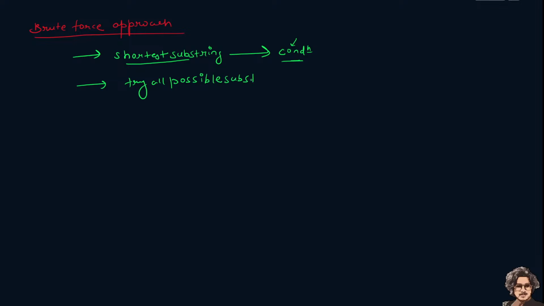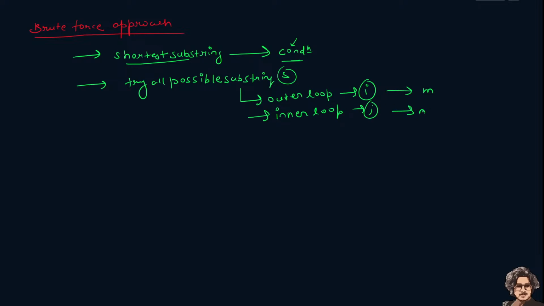So let's try all possible substrings in s. For the outer loop we use the index i, which is the starting point and goes till m, the size of s. And then the inner loop, j, also goes till m. Next, how do I check